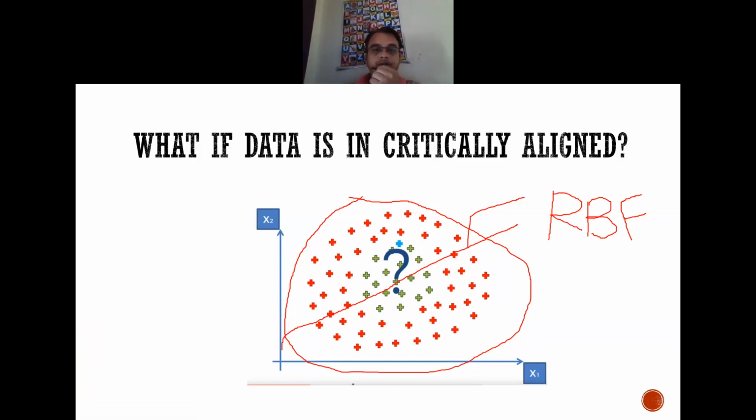For example, this will be my first class, this will be my second class. The first class will look like a Gaussian curve. If you look at a Gaussian curve, it looks like this.